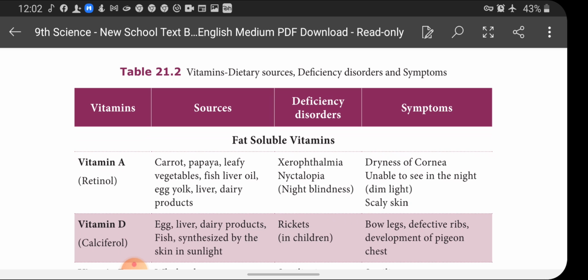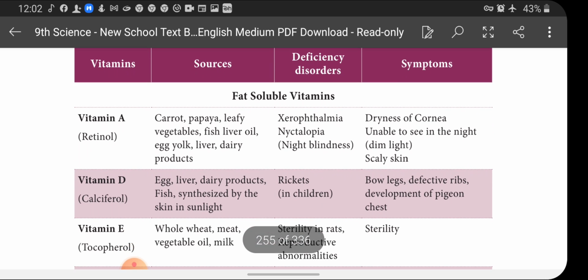So vitamin A we'll see. It is commonly called retinol and its dietary sources are carrot, papaya, leafy vegetables, fish liver oil, egg yolk, liver, dairy products. And its deficiency disorder is xerophthalmia, nyctalopia, otherwise called night blindness. And the symptoms are dryness of cornea, unable to see in the night, that is in the dim light,